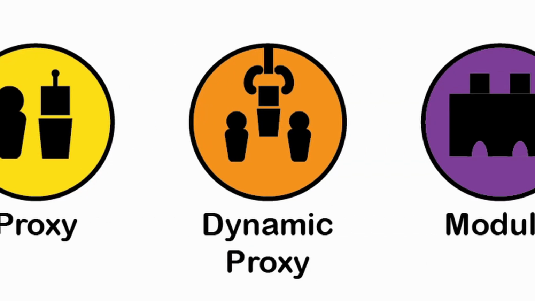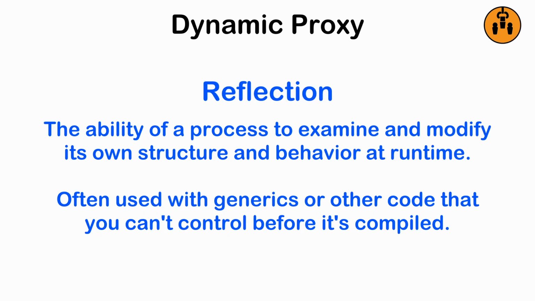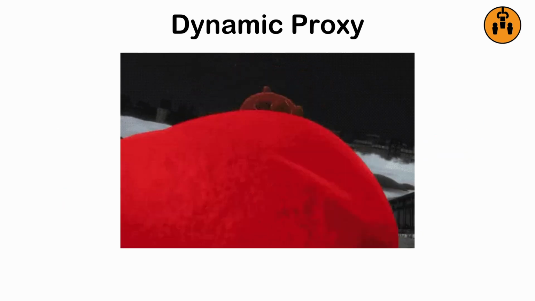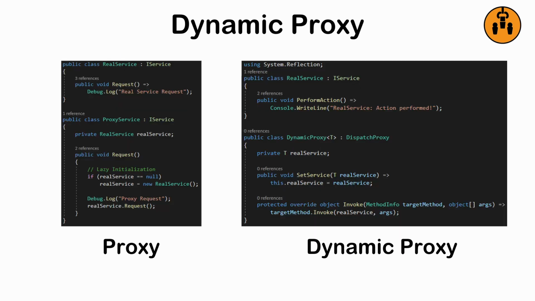The dynamic proxy pattern. A specialized variation of the proxy pattern, where the proxy object is created dynamically at runtime, often using reflection or similar mechanisms. It allows you to intercept and control interactions with an object without modifying its code. For each real object, no explicit proxy class is written, but a single generic proxy mechanism can handle multiple objects